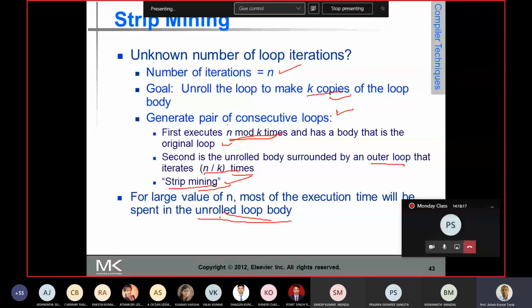This technique uses a mechanism called strip mining, which is widely used by the compiler for loop unrolling. These k values are sometimes built into the system.